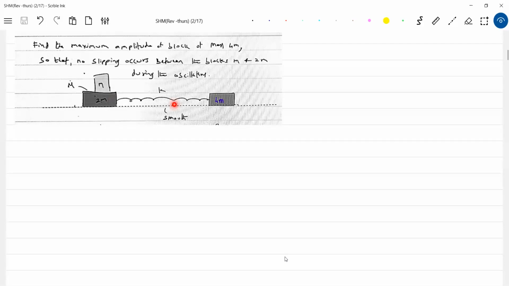They'll oscillate, they'll execute SHM about the center of mass. Center of mass is a reference, no? So 3M, 4M, somewhere the center of mass will be here. About the center of mass, they're going to execute SHM. It will not move. Center of mass will not shift because net force on the system along the x-axis will be 0. And then I will stretch them.